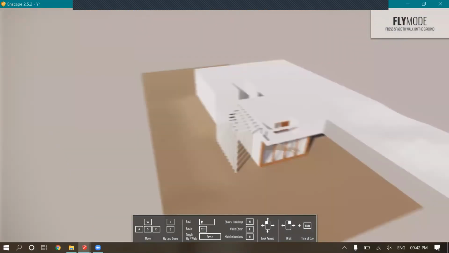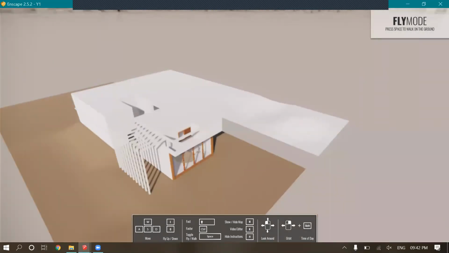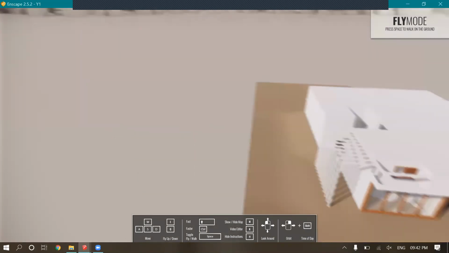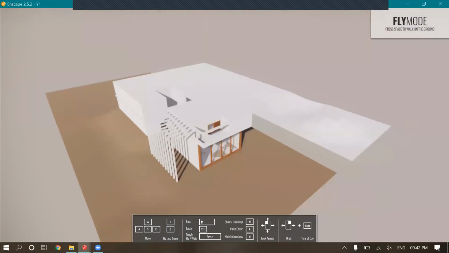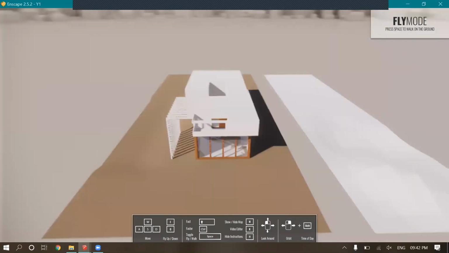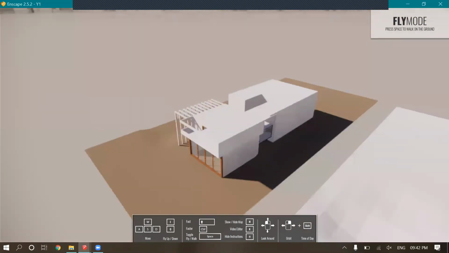If you left click and drag, it will move around the single point where your camera is. And if you right click on your model and move, it will take the cursor point as a center and revolve around it.